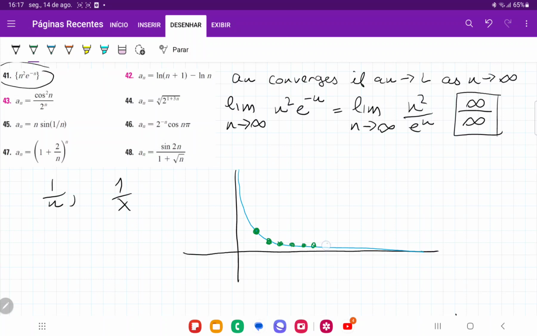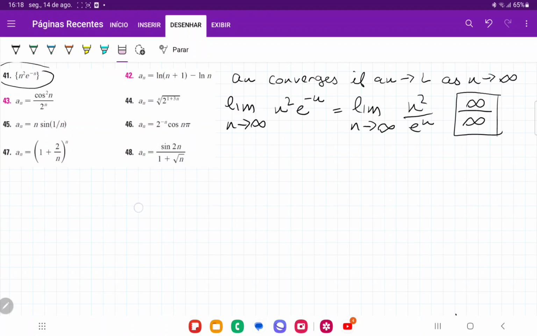So we're just going to have these dots, and they're not going to be defined in the interval. But as we can see here, both the sequence and the function are heading to the same place. The only difference is that the sequence is only comprised of dots at the natural numbers, so 1, 2, 3, 4, 5, and so on, whereas the function is defined continuously between the points. So once we realize that the limit of a sequence can be defined using the limit of a function,